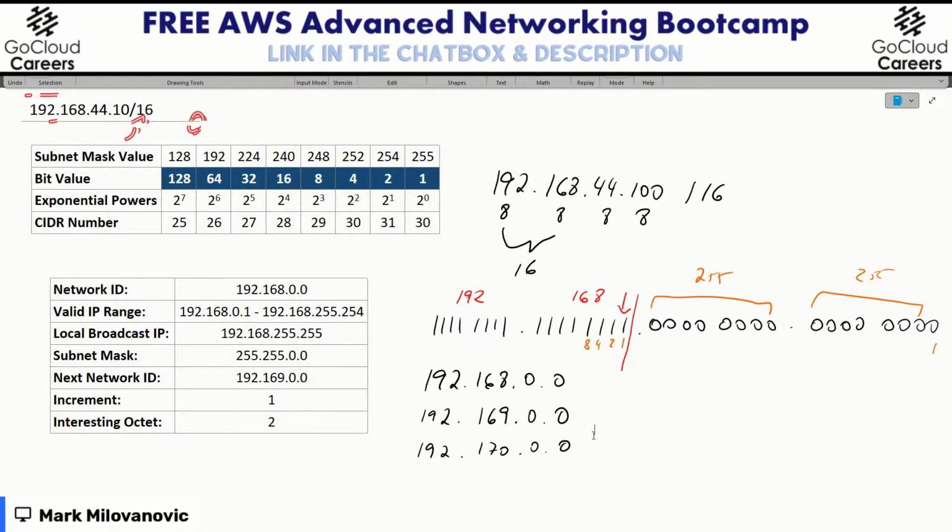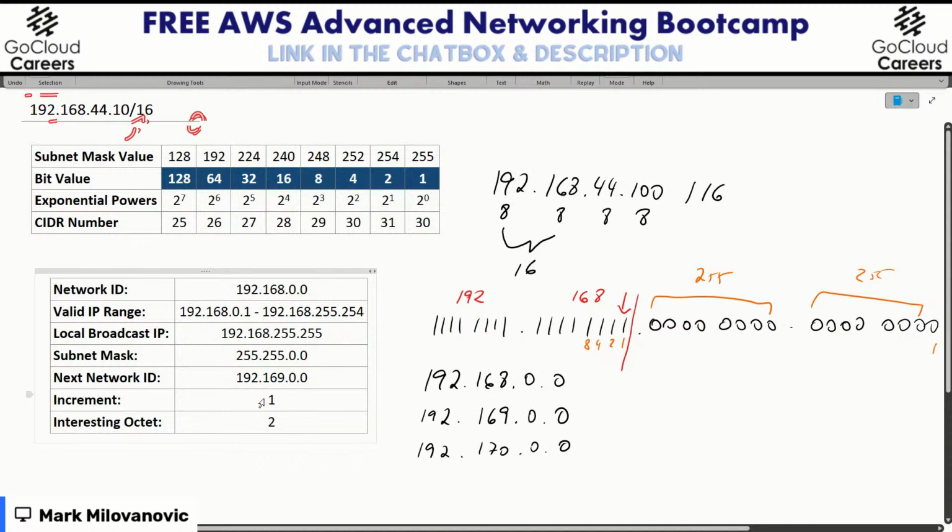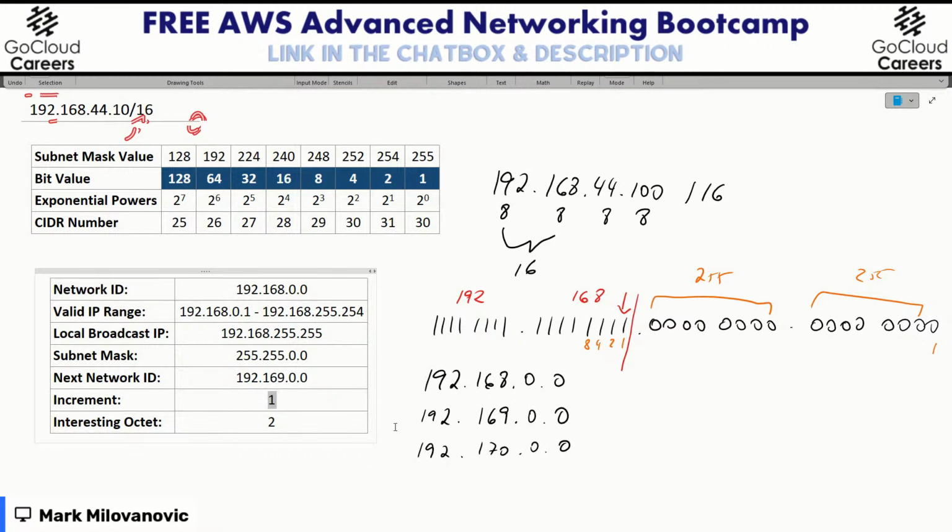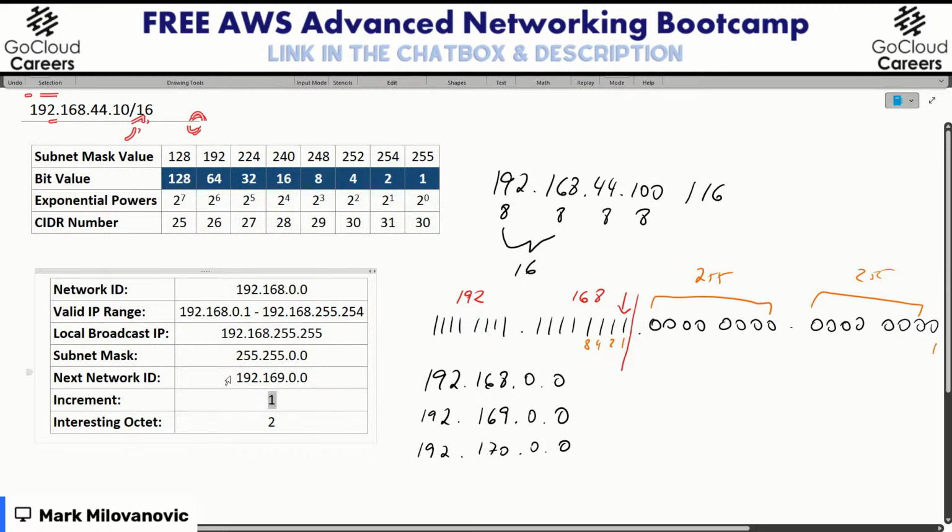And that's with me explaining it to you all. So eventually, if you can figure out what your increment is, basically by what number your networks go up, which gives me my current network and my next network, you can quickly figure out that, okay, my next network is this number. I go 1 back, which gives me the local broadcast ID of the previous network. I already know my network ID based on taking a look at the subnet mask and finding out what my increment is. And then I fill in the creamy middle. That's it.